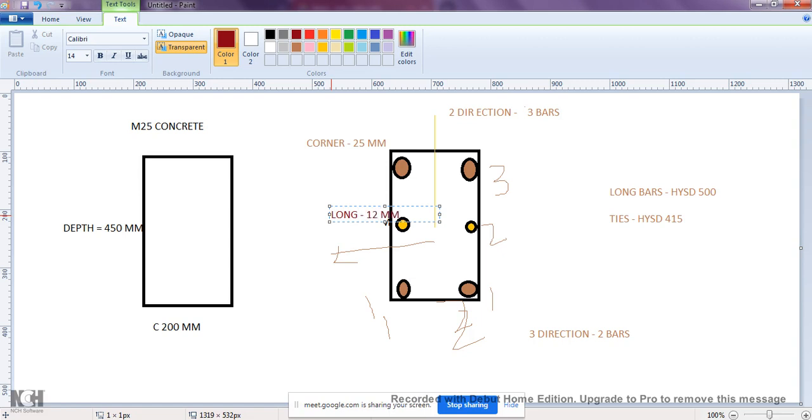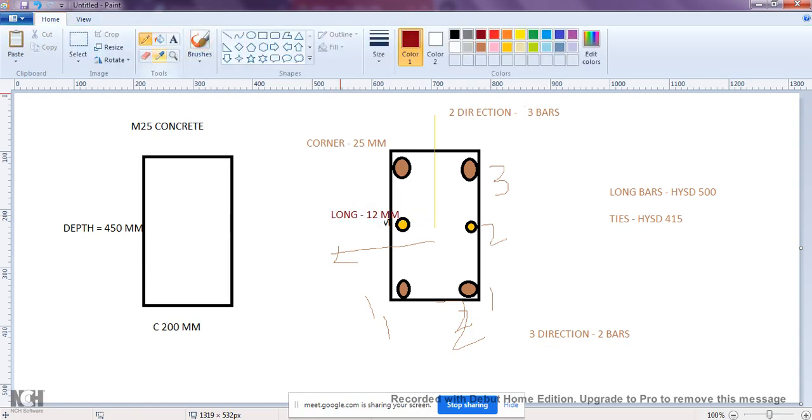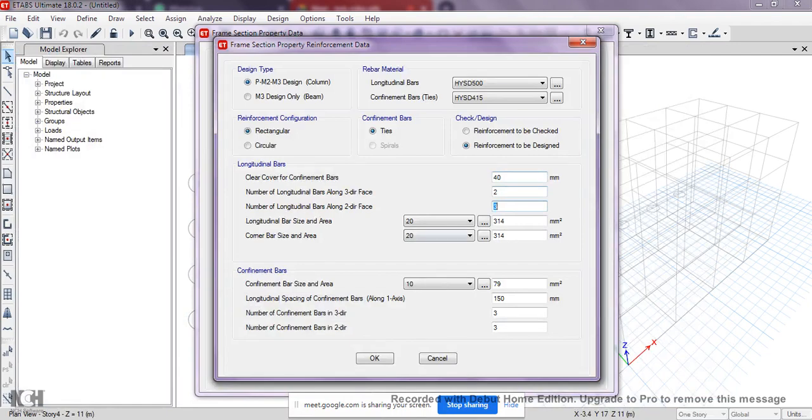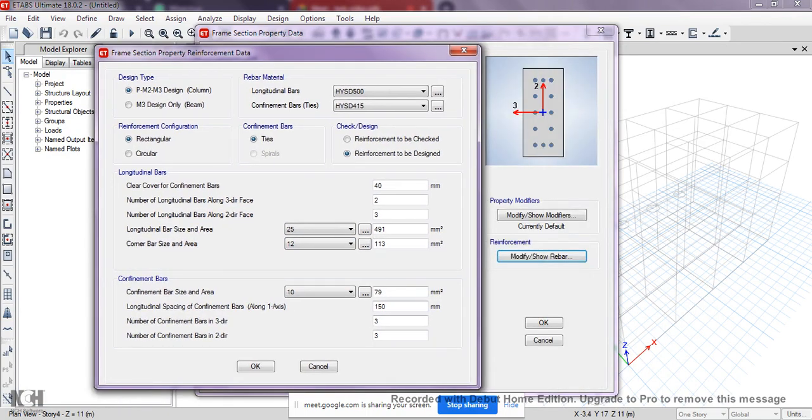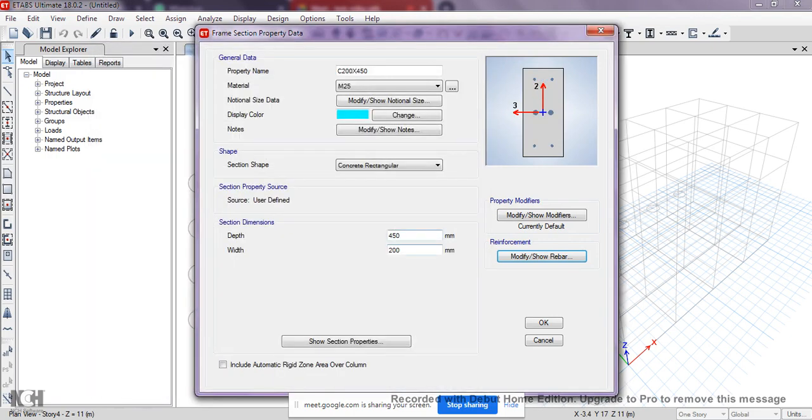Okay, next I have to give the corner diameter, which is 25. Longitudinal reinforcement is made up of 12 mm. Now if you see this diagram, if you click OK, you can see the pattern here.